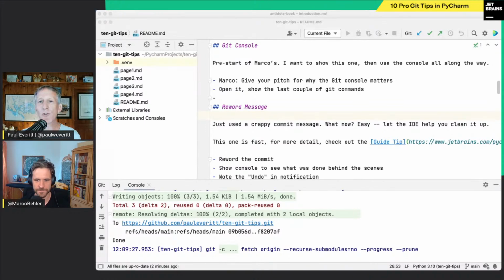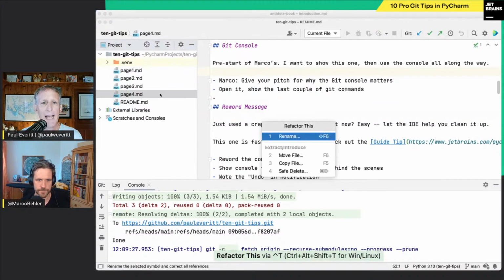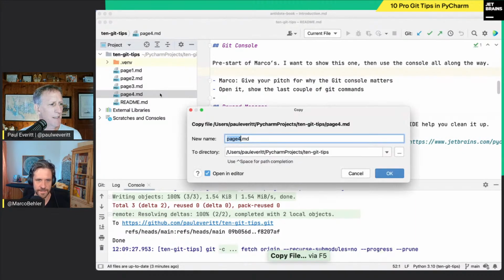Okay, let's jump into the first Git tip, which is don't use Git. Sometimes Git can't help you. I will show 2 scenarios for this, and we will use the IDE's local history tool, probably the most undiscovered and crucial feature that we ship. And when people find out about it, they lament all the hours of work they lost because they didn't know about it. So I'm in my repo, and let's say I add a file,